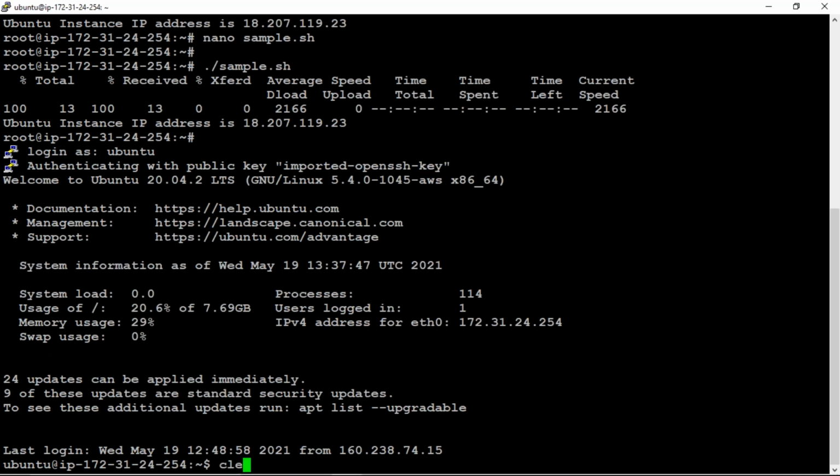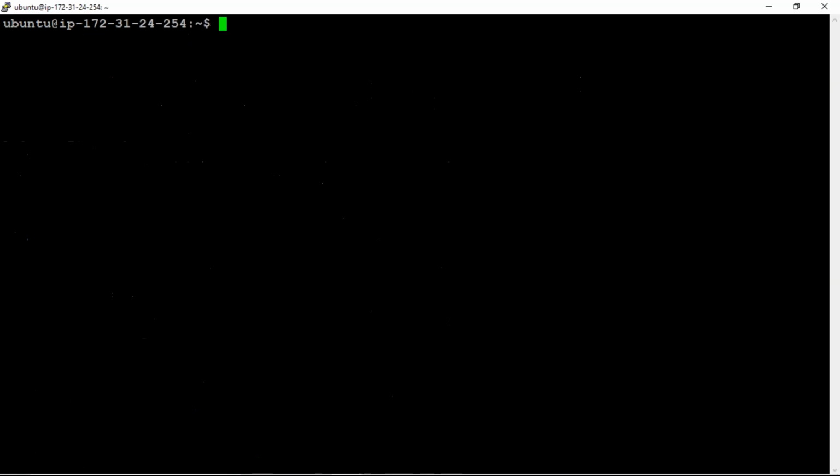Now I'm just clearing the screen. Clear. Now in root mode, right? We have created that sample file. So just to get back to root mode, type sudo space su space hyphen, and if you hit enter, we will get to root mode.